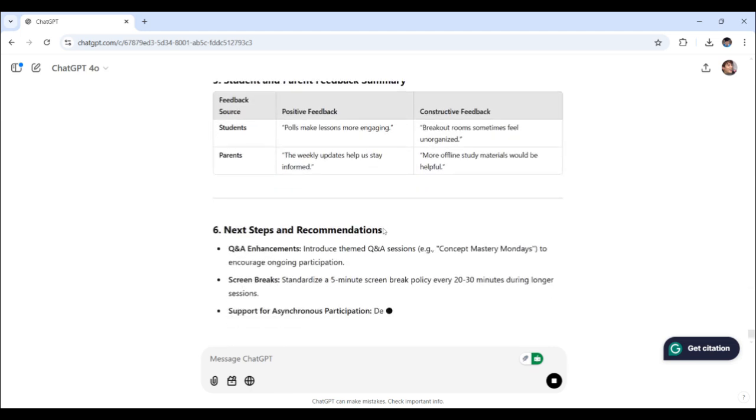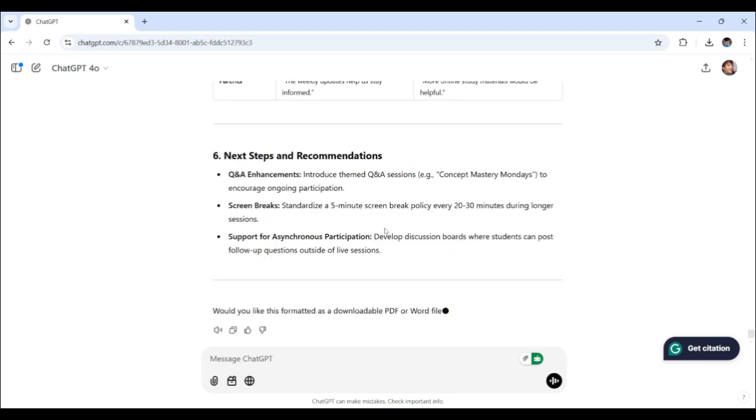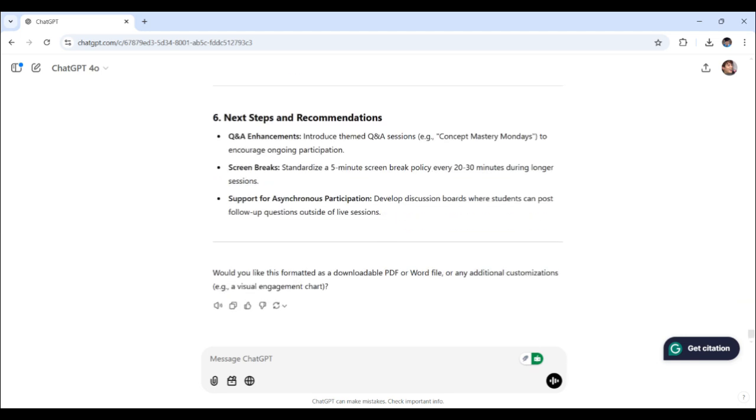As you can see, ChatGPT isn't just a brainstorming tool. It's like having a collaborative partner that helps you expand ideas and structure them and also turn them into actionable plans. So, if you try this approach for your projects, let me know how it works and how it goes